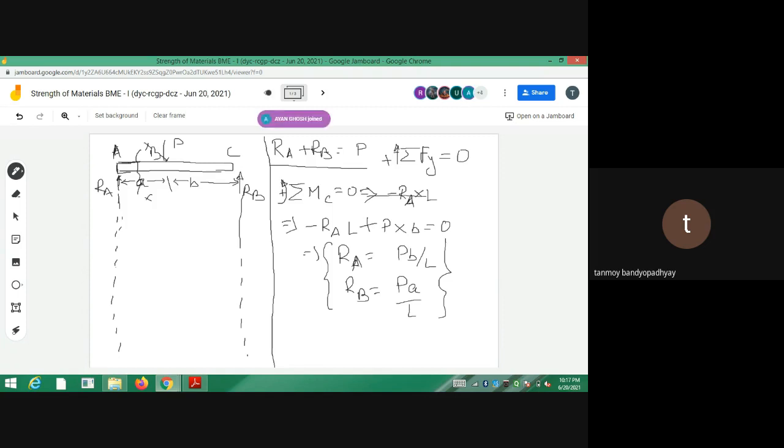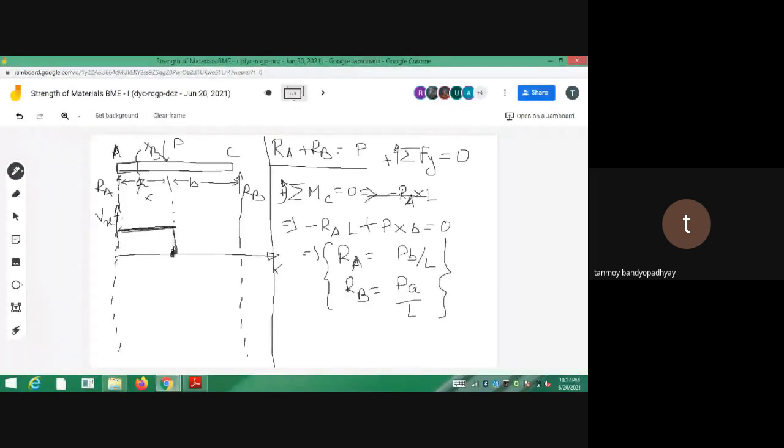So suppose I draw here. So this is the x, and on this side I am plotting Vx. So this is a graph of Vx and x. How far have I considered? I have considered up to this. So how was VA? VA was constant. So the shear force is totally constant from A to B. So from A to B, this is the SF diagram. It's just a straight line.